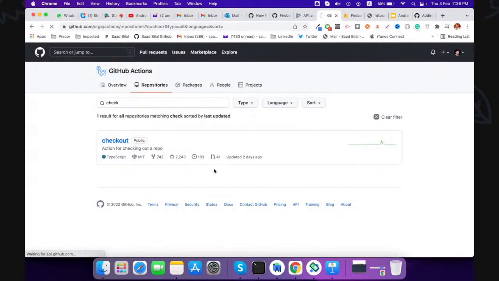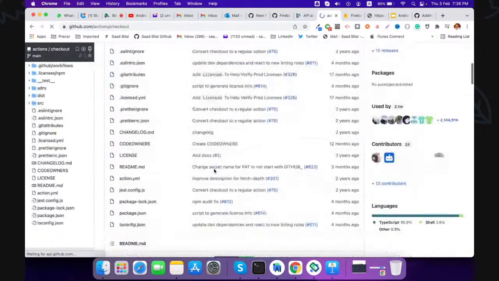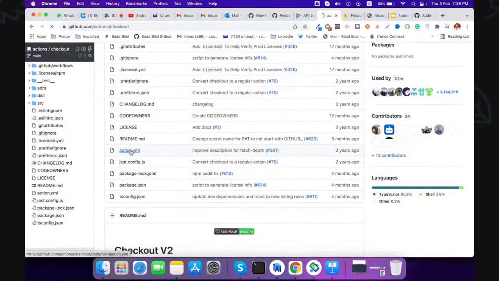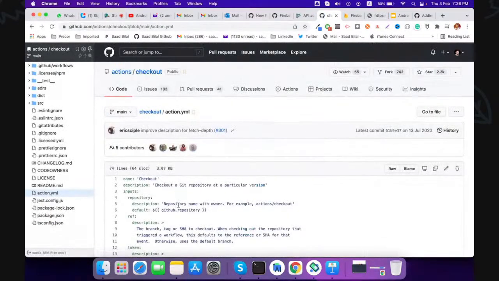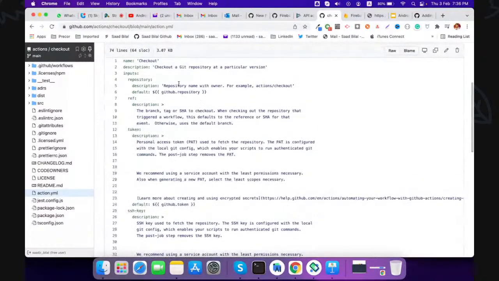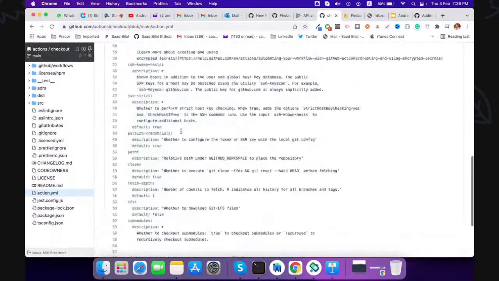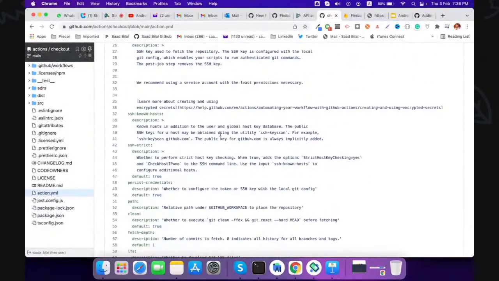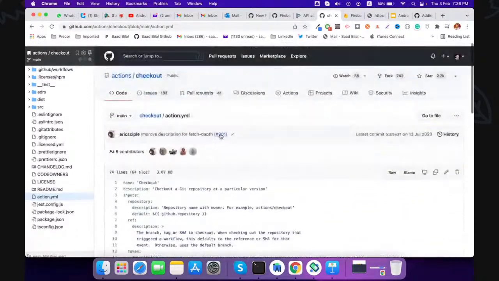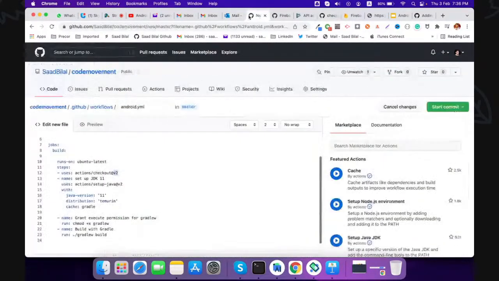You can see this is the repository, and we have this action YAML file here. So you can also customize this. We do have many options to customize how it can fetch our code or check out our code from our repository. Then